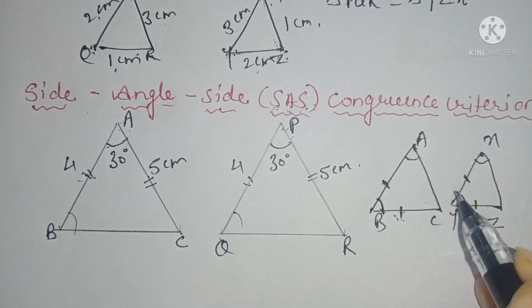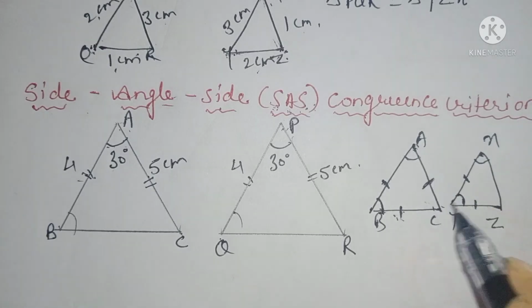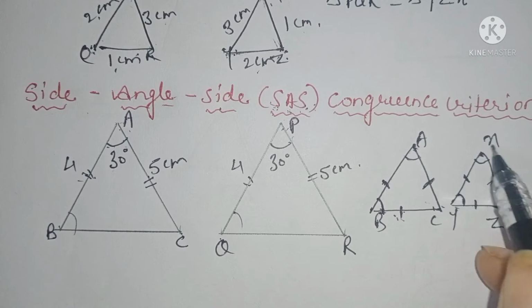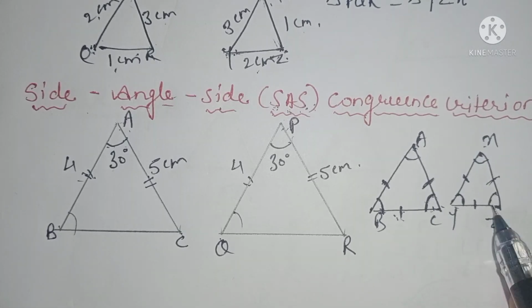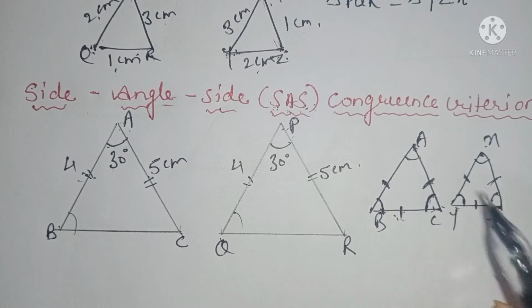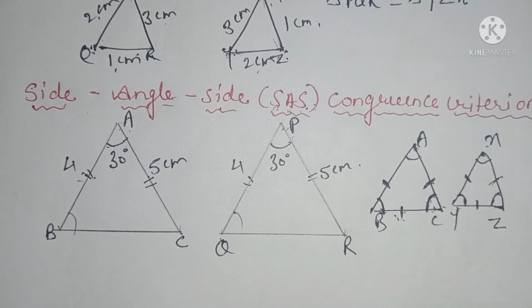And suppose if both sides, BC and AC, are given, and YZ and XZ are given, then you should have angle C equal to Z, then side angle side. All right, okay. Now one more thing I want to explain to you: if the two triangles are congruent, always keep